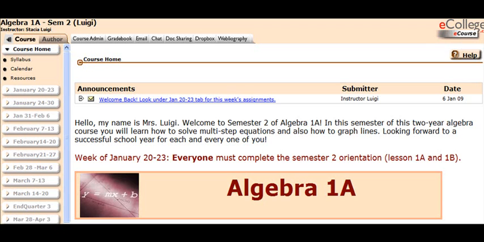I just want to point out a couple of things that you're going to see when you come into this course. The first thing you want to be checking on the course homepage is always check the announcements. I will update those periodically. The second thing you want to do is take a look at what's written here in maroon. That's going to change every week, and it will just be a small reminder of what you need to be